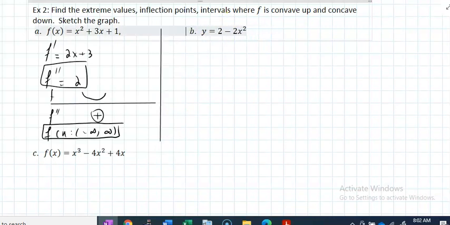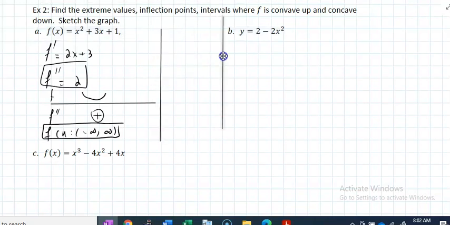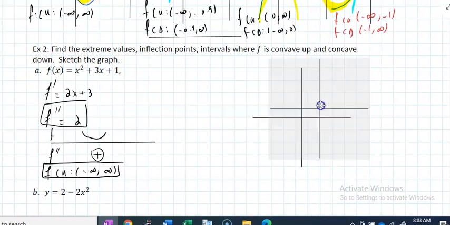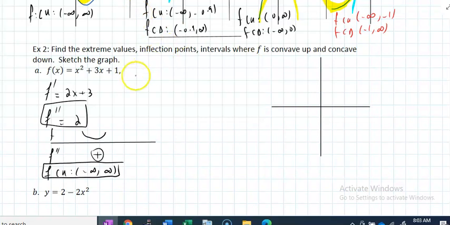B, same deal. Now I could graph it, but they're not asking. Oh, sketch a graph. Yeah. No, I could graph it. They want us to graph this. Okay. Okay, I did not read directions properly. I apologize. Let's get that out of the way really quick. It says find the extreme values, inflection points, intervals where f is concaving up and down, and sketch a graph. So actually, I should have